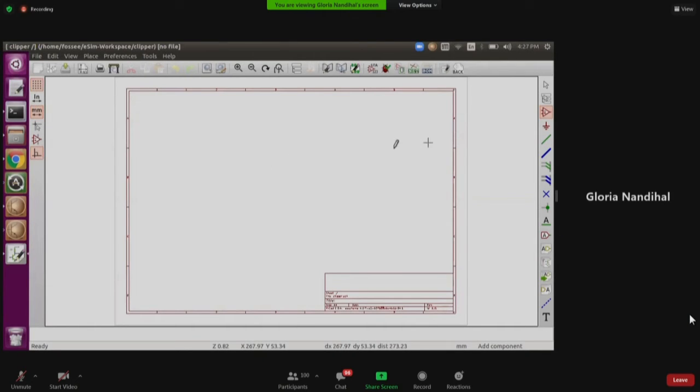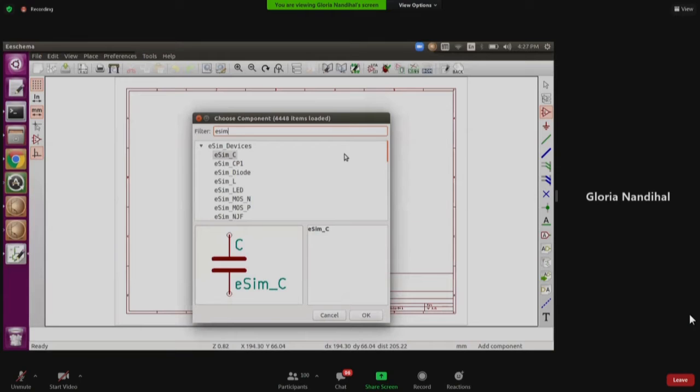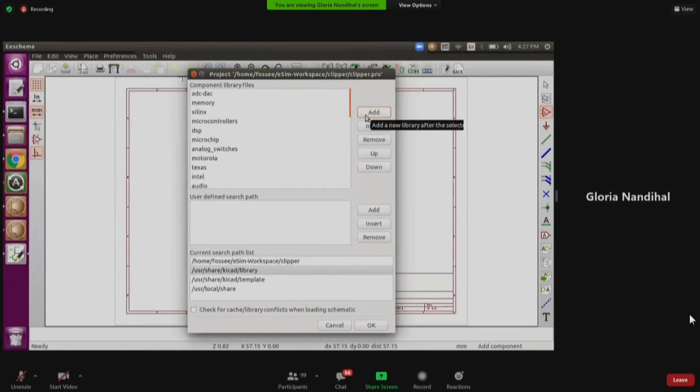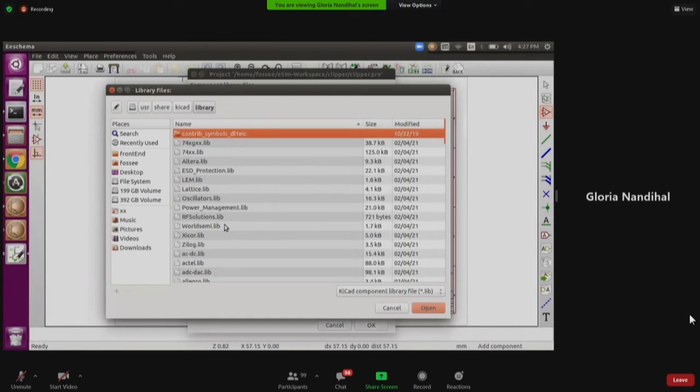Yeah, sure. In eSim, sometimes when you load a new schematic file, there might be a possibility that all the libraries will not be loaded. To run the converted pspice file, you need to have a library known as esim_pspice. This is the library that has to be present in your schematic editor. If you don't have it, you need to click on the Preferences option on the top toolbar, select Component Libraries, and in that you have an Add button. There you will find all the libraries.